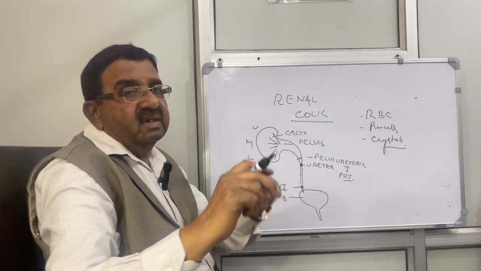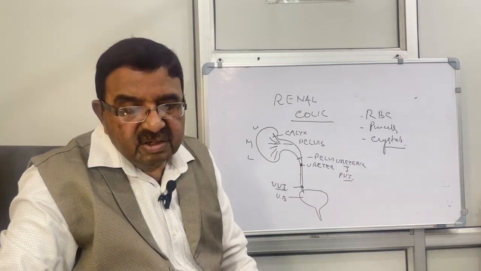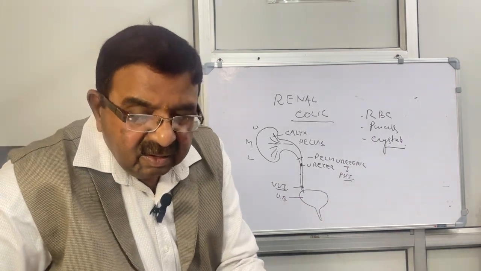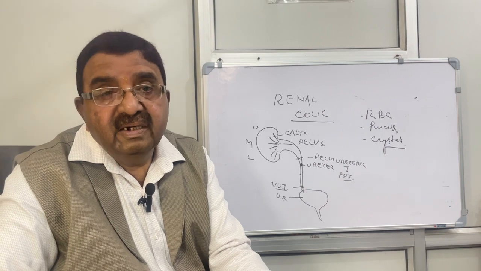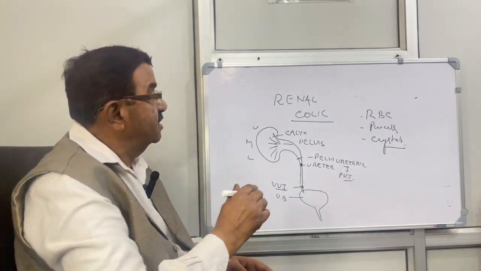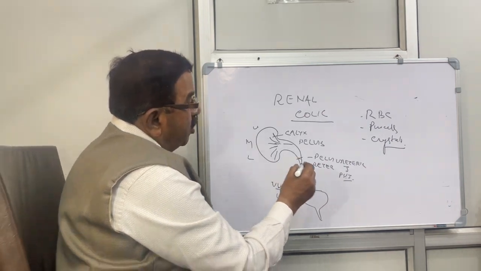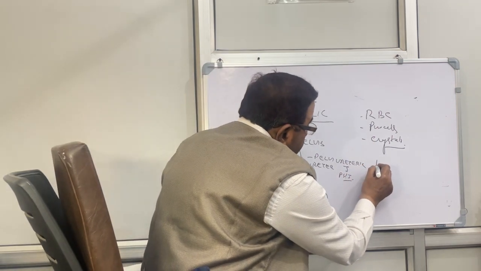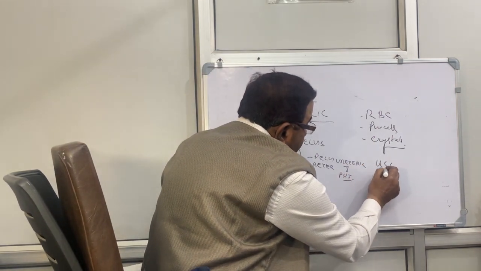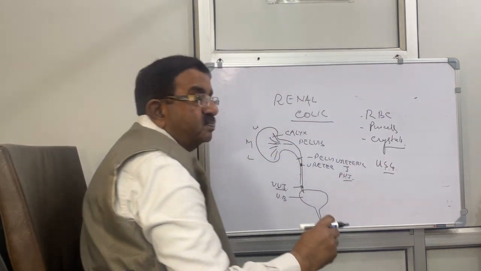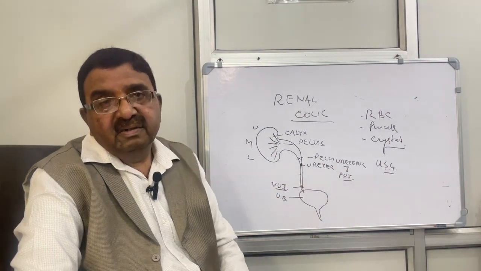So this is in the urine examination. Then the second important test is ultrasound of the abdomen to find out the site of the stone, where it is present,